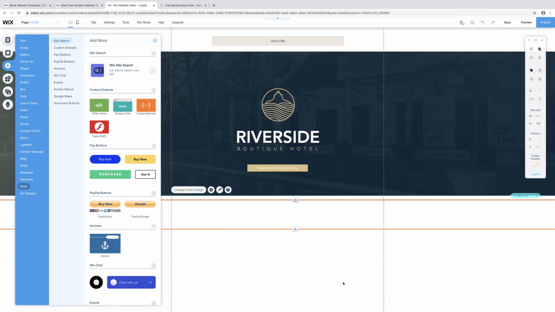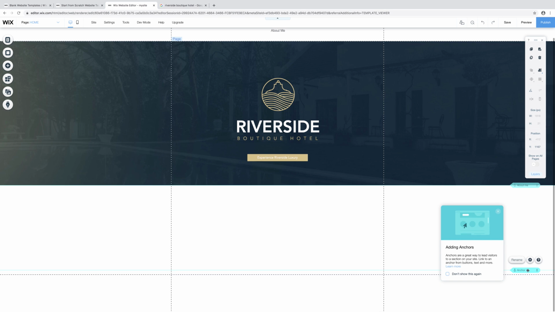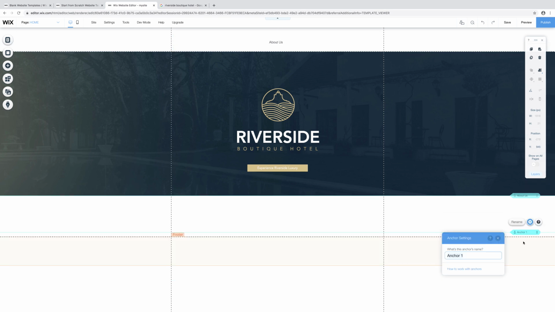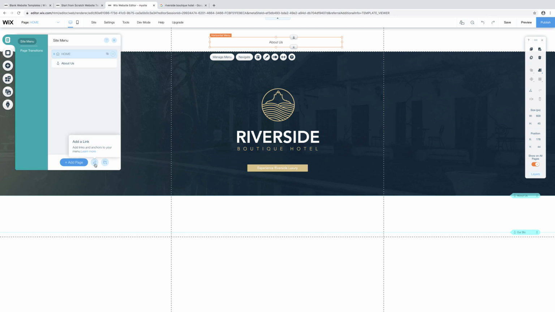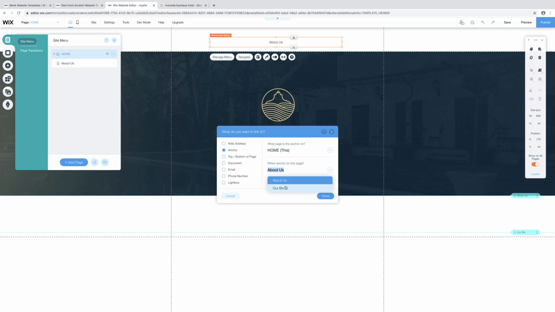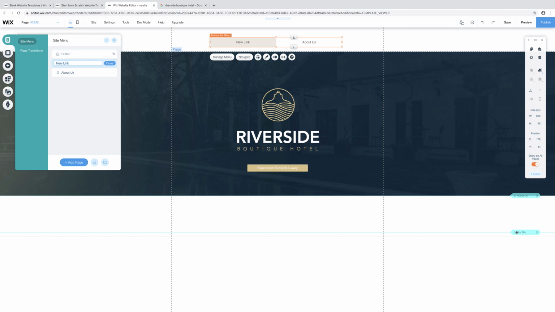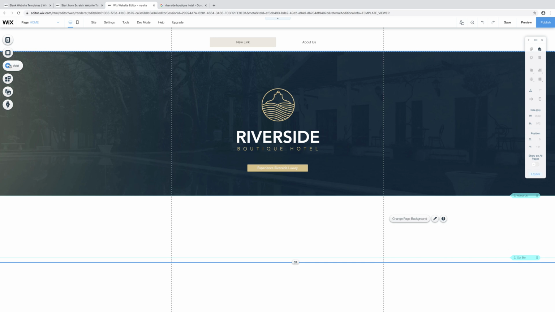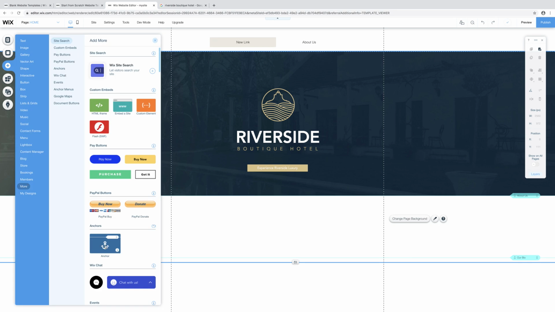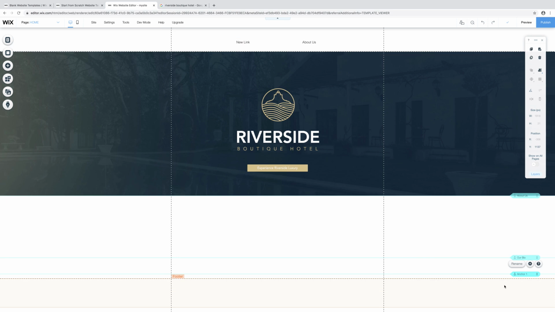Okay, I'm going to put it a little bit further down the page. This is going to be our bio. So let's go back up here, Manage Menu, add a link, and select our bio. Put it a little bit further down. Right, let's go Add. We'll add another anchor, drag and drop. And we'll call this anchor